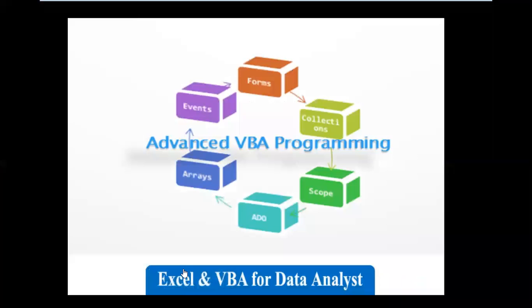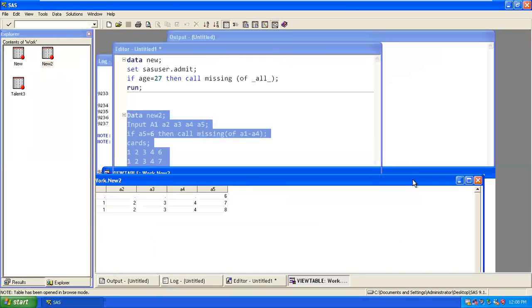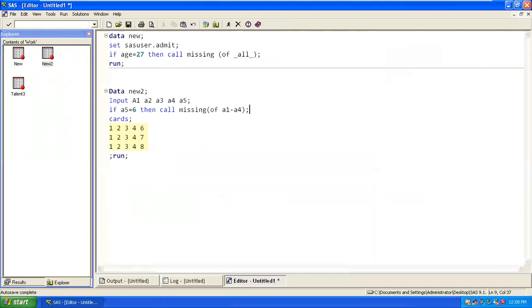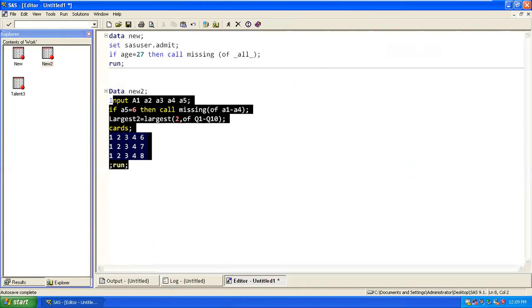When you go to your data set over here, we can say, okay, new, the largest. My target is to find the second largest, so I make them missing. Here you have to change it to second largest. You know, first largest is nothing but your maximum, correct? But when you use this largest concept, what will happen? It will give you the second maximum. And if you want the third, you get the third.